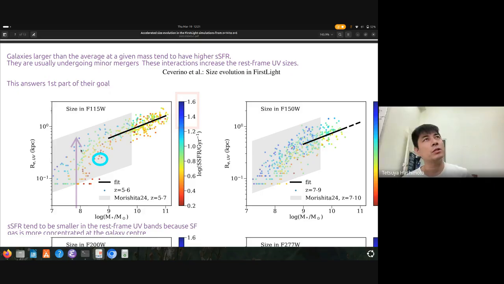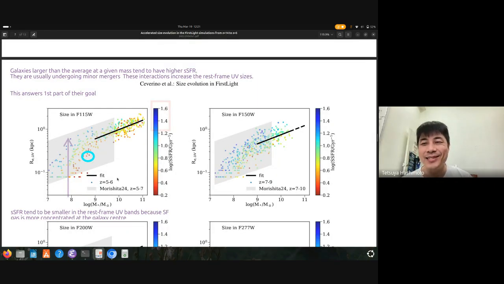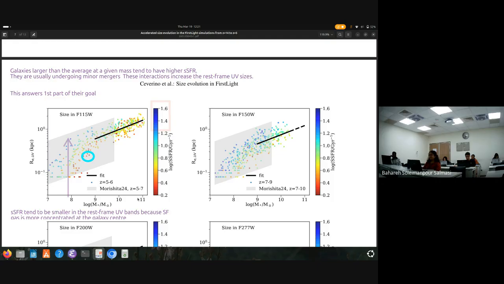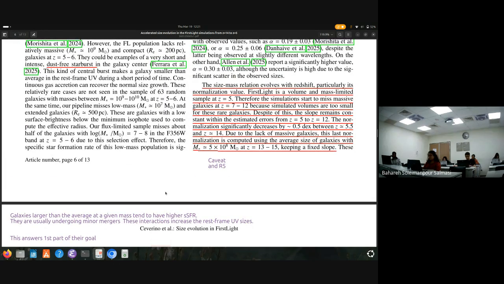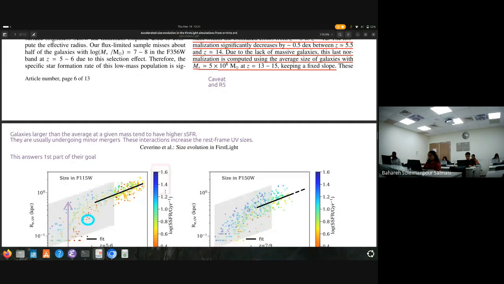Thank you very much. I think in general, if you can find the outliers in this figure, that would be interesting. And interestingly, they actually mention this part in their simulation: if you see this relation for the 5 to 6 redshift range,